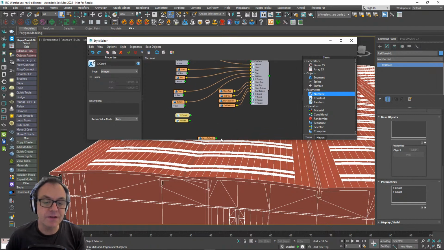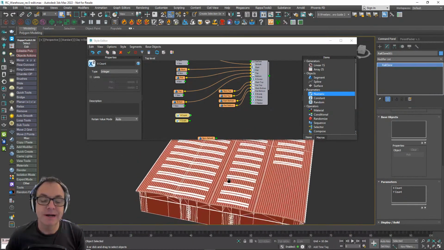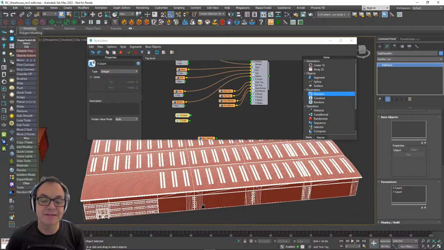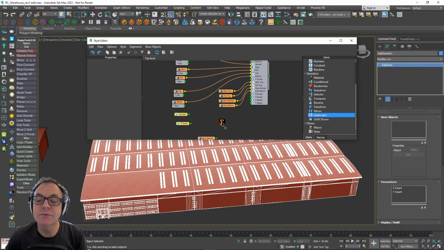Okay, so it's logical, right, that if I want to control the size of this on the x-axis, I want to do a count, and this is a count for the internal pieces, by the way. The size will be the size of the start plus the size of the end, plus the size of the middle section multiplied by this count value. That's all it's going to be. We can do that quite easily. We can take an arithmetic node. It's already in add mode, add operation.